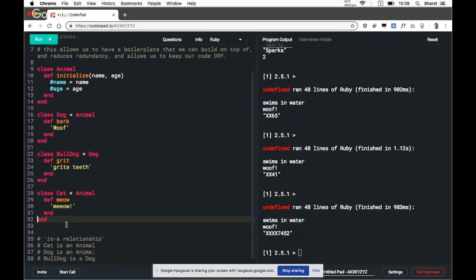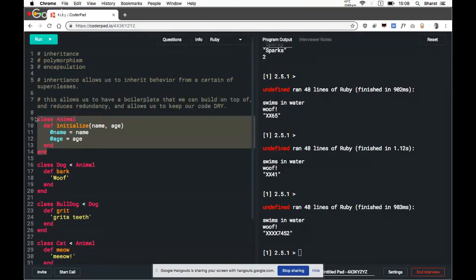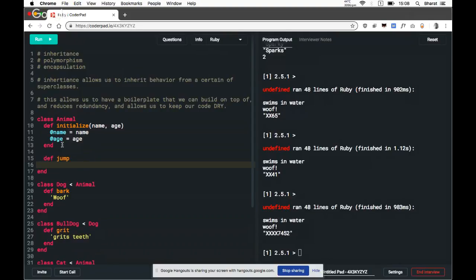And then this way, we have a superclass at the top. We have a subclass. So you can see the hierarchy. This goes 3 deep, 1, 2, 3, and the cat goes 2 deep, 1 and 2. And so this boilerplate means that we don't have to define a name and age for every animal, and all of them can jump. So we can call the jump method on any of the instances of these animals, and it'll all work.